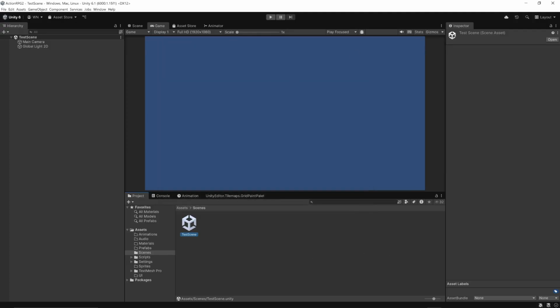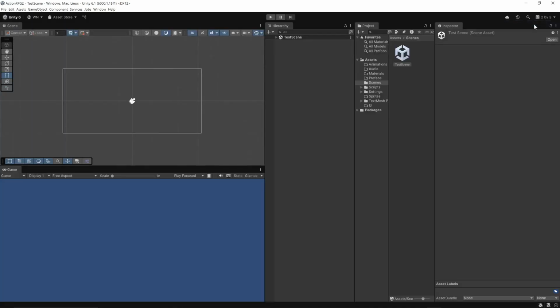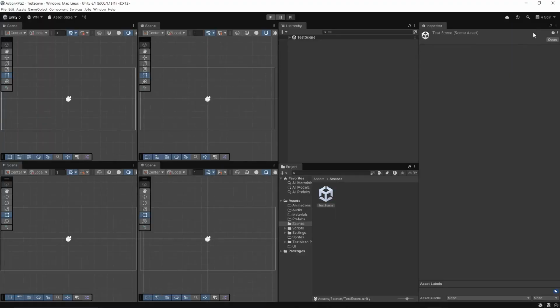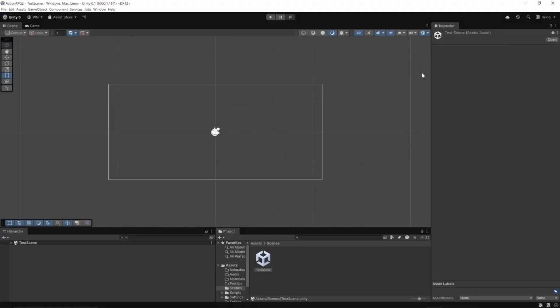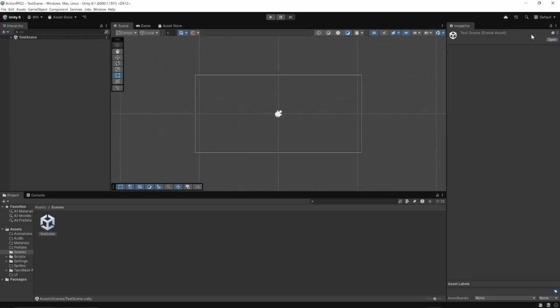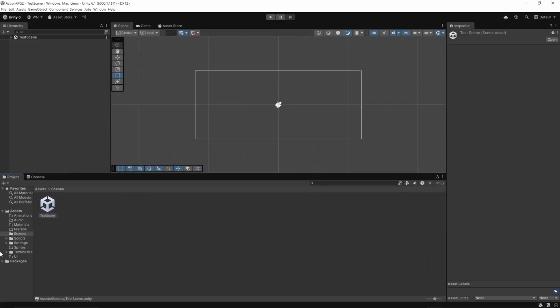All right. So now that that is all out of the way, one of the other things that I want to show you is if you're not happy with the layout, there's a layout button up here. You can change all these different layouts. So like there's 2x3, there's 4-way split. I created this one, but there's tall, there's wide. Right now I'm just using default, but what I did with default is I actually